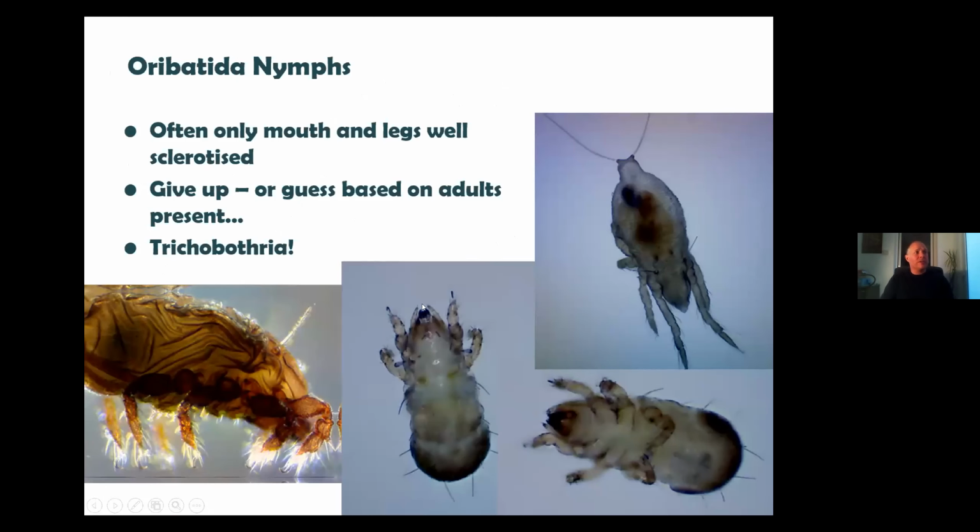Often only the mouths and sometimes the legs are well sclerotized, and certainly not the genital plates. Sometimes the anal plates are sclerotized. Generally speaking, Orobatid nymphs are worth giving up on. They are not well described in many cases. There's a few old marvellous Victorian books that have described them, and which I would recommend looking at because they're